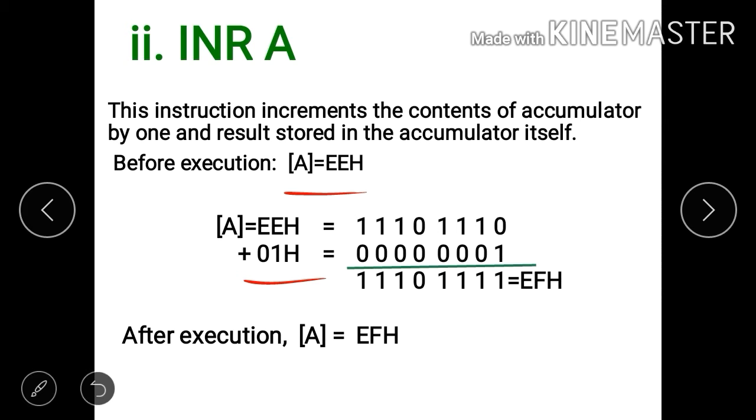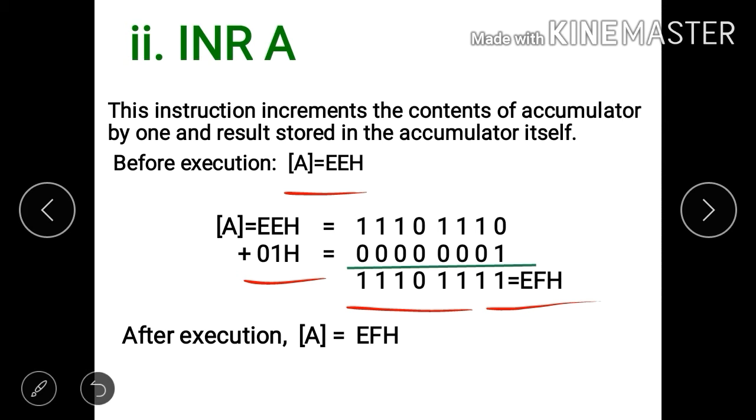So we will add 01H to the content of the accumulator. So we will get 0 plus 1 is 1, 1 plus 0 is 1, 1 plus 0 is 1, 1 plus 0 is 1, 0 plus 0 is 0, 1 plus 0 is 1, 1 plus 0 is 1, 1 plus 0 is 1. So we will get the result 1 1 1 0 1 1 1 1, that is EFH.